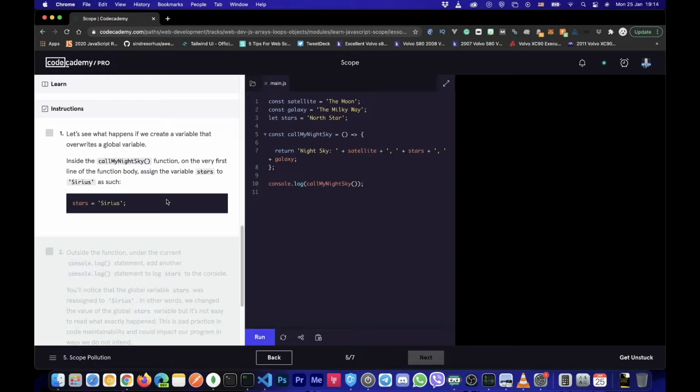Inside the call my night sky function, on the very first line of the function body, assign the variable stars to Sirius as such. So right here, let's copy the value, run our program,